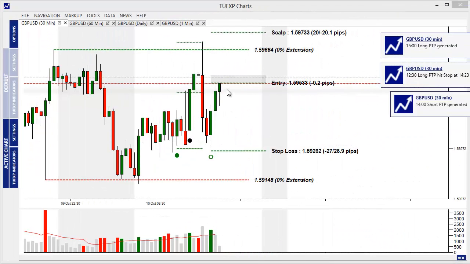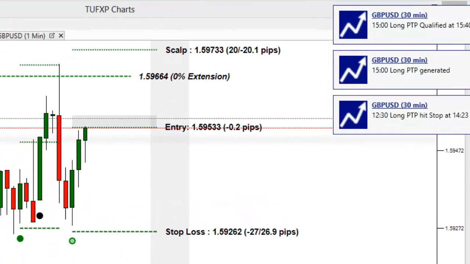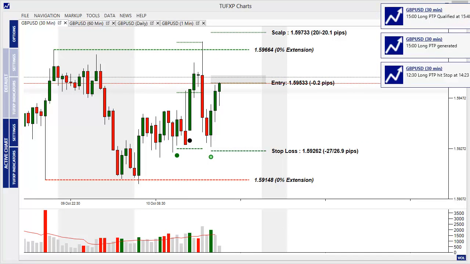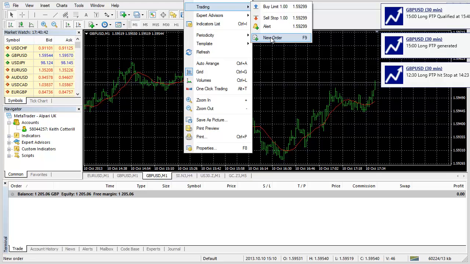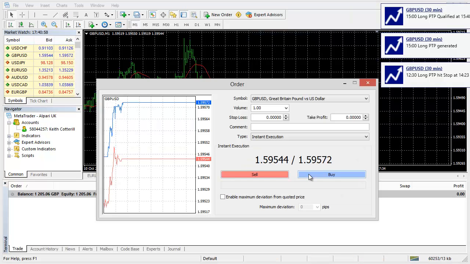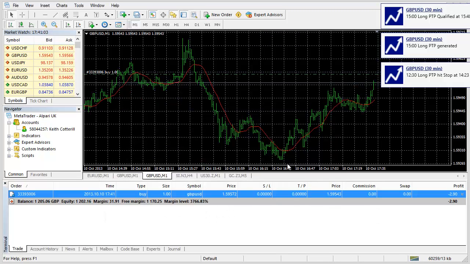So now we're left with this new long. We can see the signal's just been hit. It says qualified up in the top right there. I'll just highlight that for you there. You can see that there, qualified at 15.40. And let's just continue to play. Again, we've got to drive back through this 159. You can see me placing the trade there, new order, and I'm just going to buy the market there. And so we're in the market,